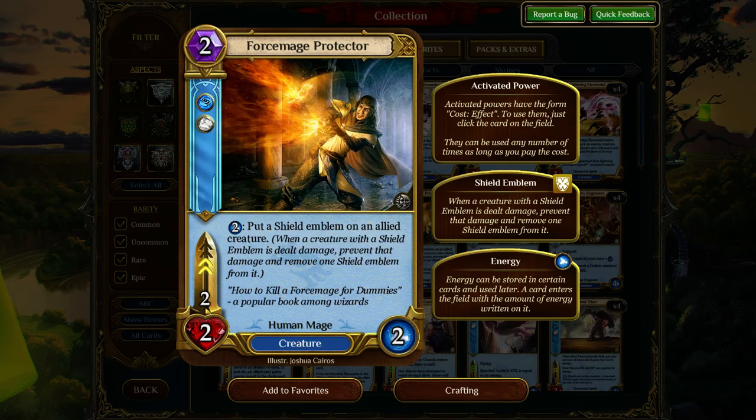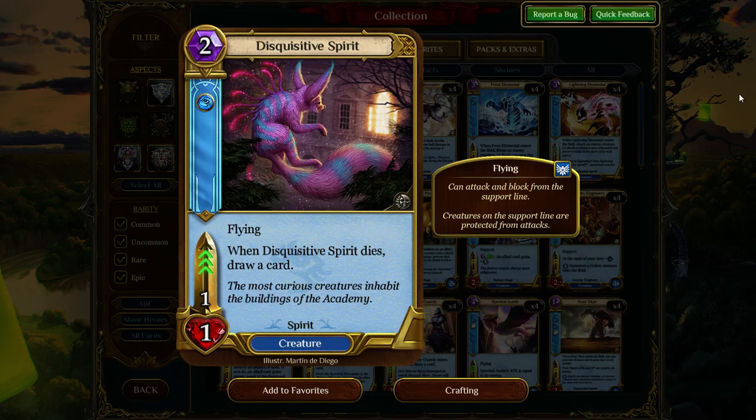Now, let me explain what I mean by this. One of the biggest and earliest chump blockers you're going to have is the Disquisitive Spirit. Now, what do I mean by biggest? This is one of the more important ones. You play the Disquisitive Spirit because you want to hopefully trade it into, say, a goblin or something, or an elf, and